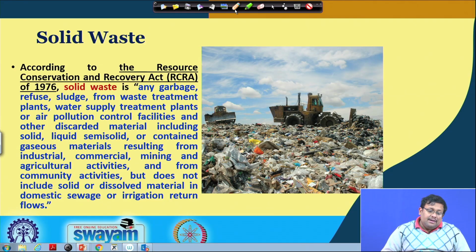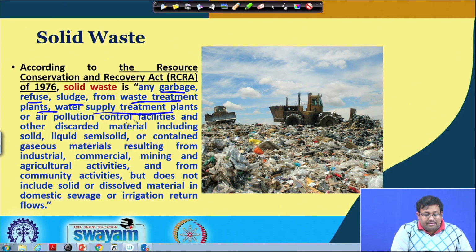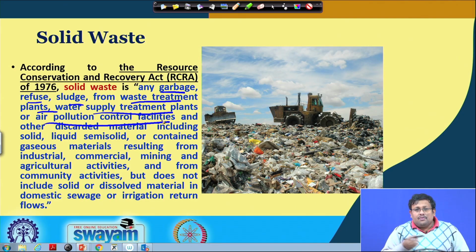So, this solid waste definition is a very comprehensive one, and this picture shows the definition of solid waste. As you can see, it consists of any garbage, refuse, sludge from waste treatment plants, water supply treatment plants or air pollution control facilities. Whatever waste is generated in these plants and facilities comes under solid waste, and also discarded materials including solid, liquid,